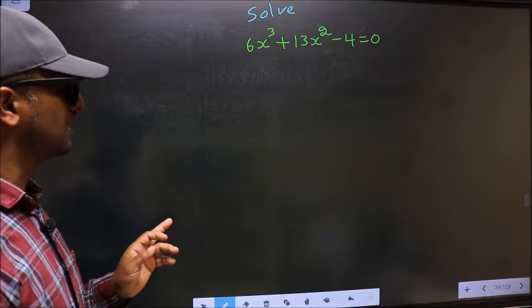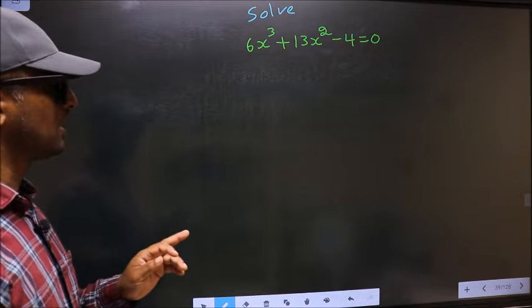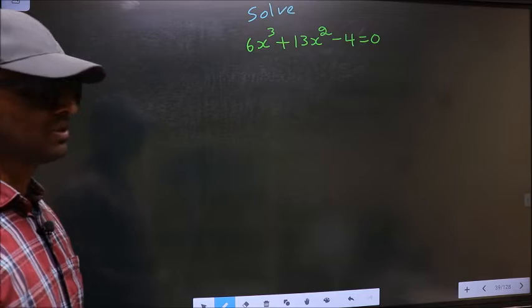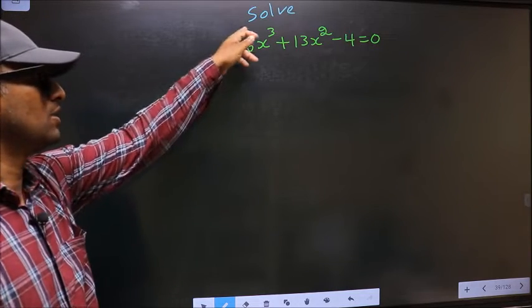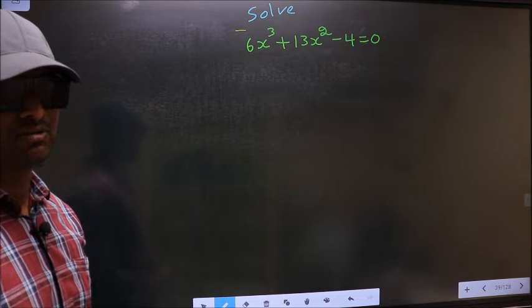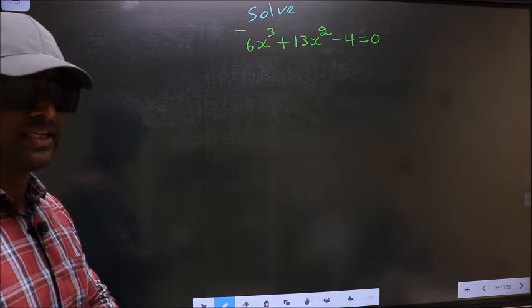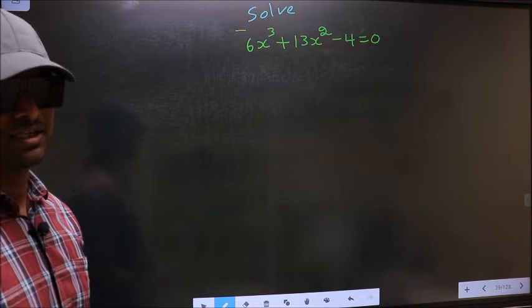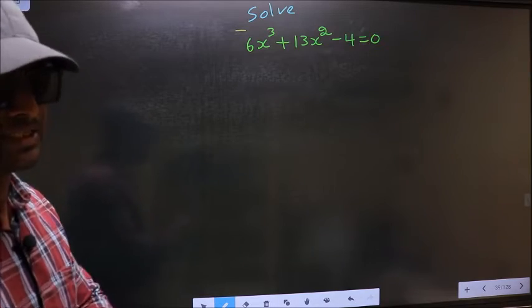Solve 6x cube plus 13x square minus 4 equal to 0. Here they told us to solve, which means we should get the values of x. For that, here we have to change the x square term. What I mean is, see,